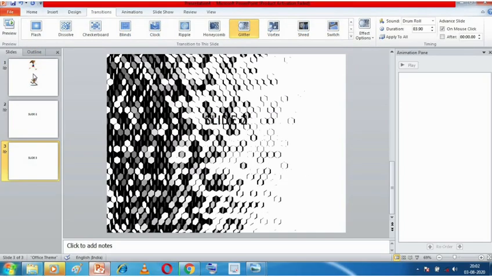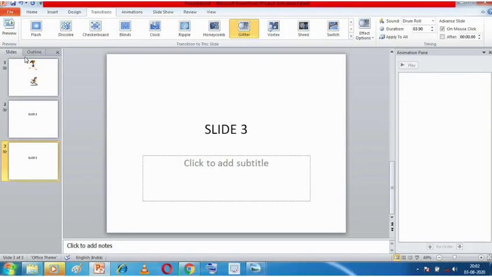Now see, all my three slides have transitions. Okay, so this is the first slide, second slide, Vortex, from first to second slide, and from second to third slide. Okay, so this is how you can apply transitions to different slides.